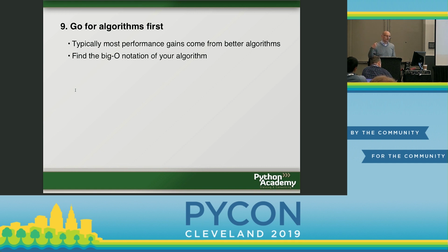But if you use a different algorithm, and Python has an advantage, it comes with data structures that have very powerful algorithms behind them, and if you use the right one, you can be 10,000 times, 100,000 times, 1,000,000 times faster. No compiler will give you this. So this is something